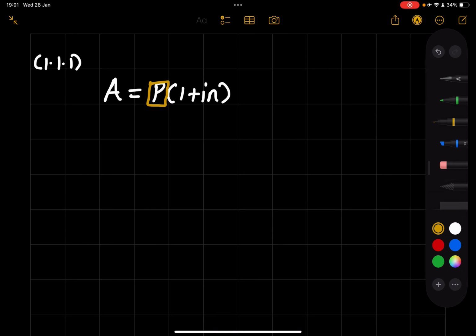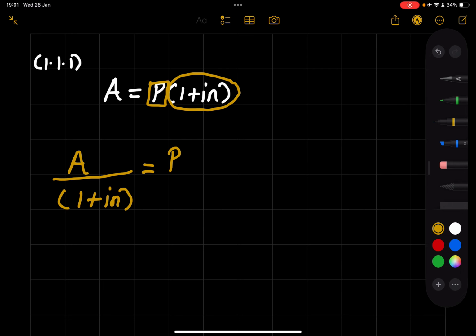So on the left we have A, and then we can now divide that by 1 plus in, which was multiplying on the right. So 1 plus in is a multiplier here on the right. So on the left it must be a divisor. And ladies and gentlemen, we have indeed